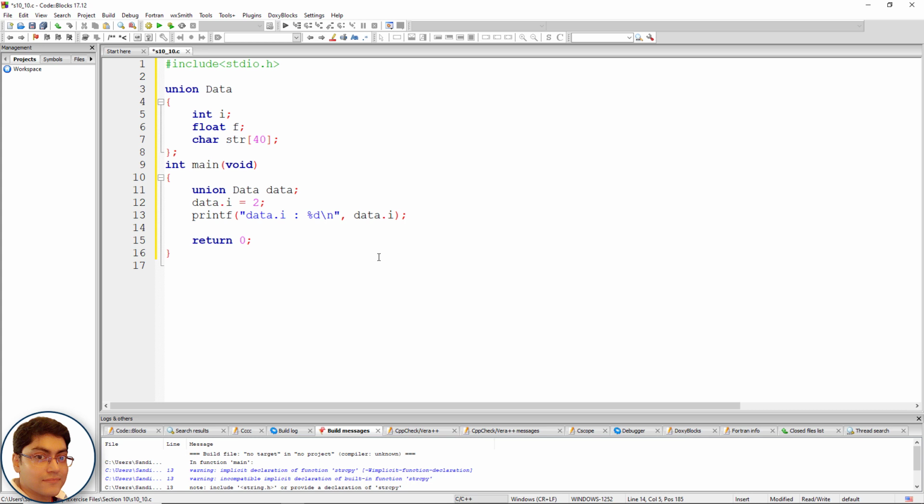Initialize data's member f with a value of 10.5. data.f = 10.5; printf("data.f: %f\n", data.f);